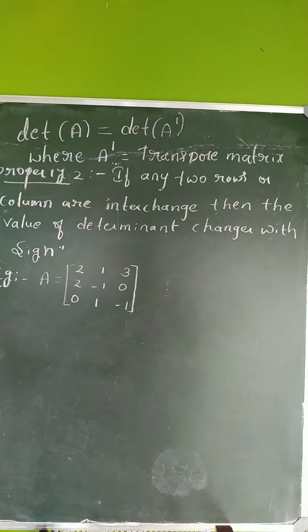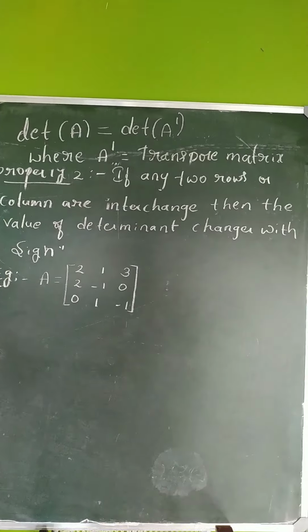So here the first element is 2. So first row and first column you need to write it. Minus 1 into minus 1 is plus 1. Minus 1 into 0 is 0. Then the second term you should take with a negative sign. Minus 1. Next the first row second column, 2 into minus 1 is minus 2. Then minus 0 into 0 is 0. Then the third element you should take with a positive sign. So plus 3. First row third column, 2 into 1 is 2. The middle term you should take minus. Minus 1 into 0 is 0.